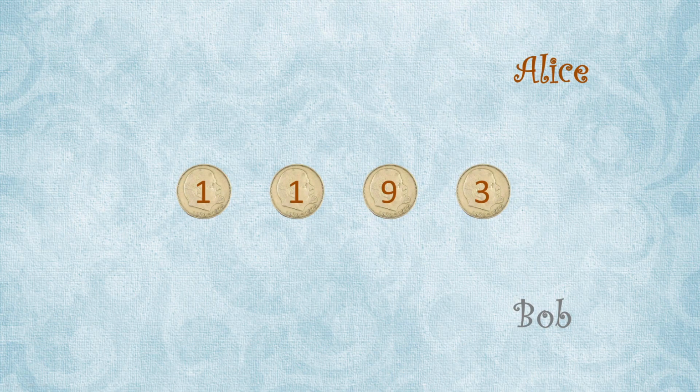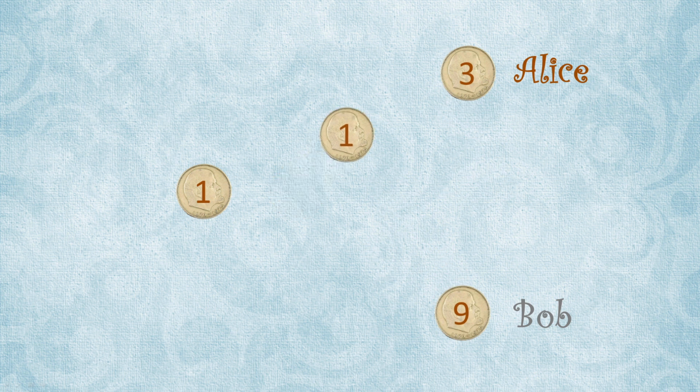As you suspect, simply taking the biggest coin that's immediately available isn't always the best strategy. In this example, if Alice were to start by picking the last coin, which is the larger of the two immediately available coins, then Bob would be able to take the 9 coin and go on to win the game.